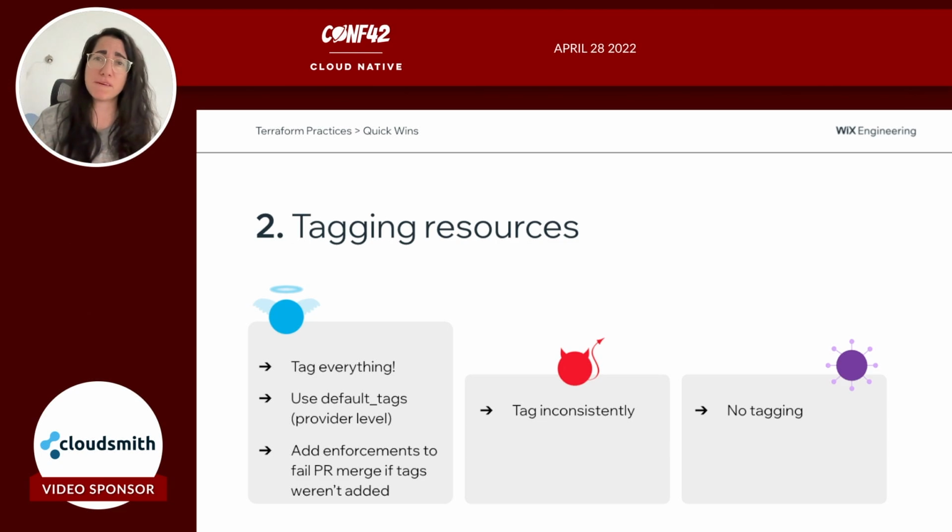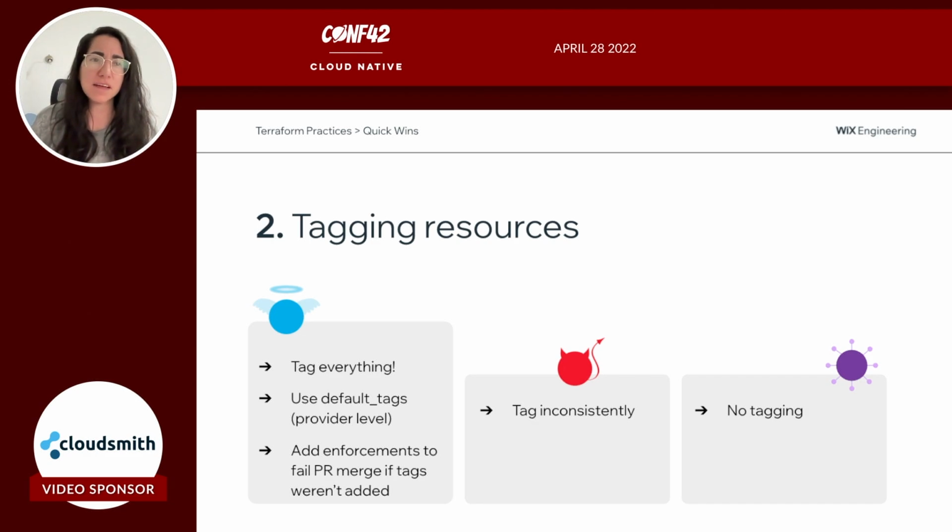Once it is set up on the provider level, it will get applied to any resource under that provider. Another good thing to do is to add enforcements to fail a PR merge if tags weren't added. I'm going to talk about practices enforcement later on, so you'll see them. The bad thing here is to tag inconsistently because, as we know, consistency is key.